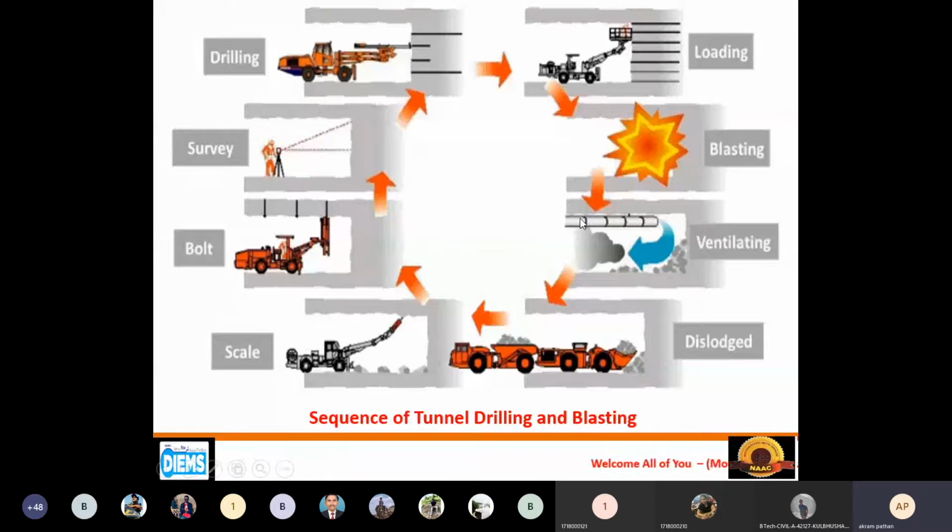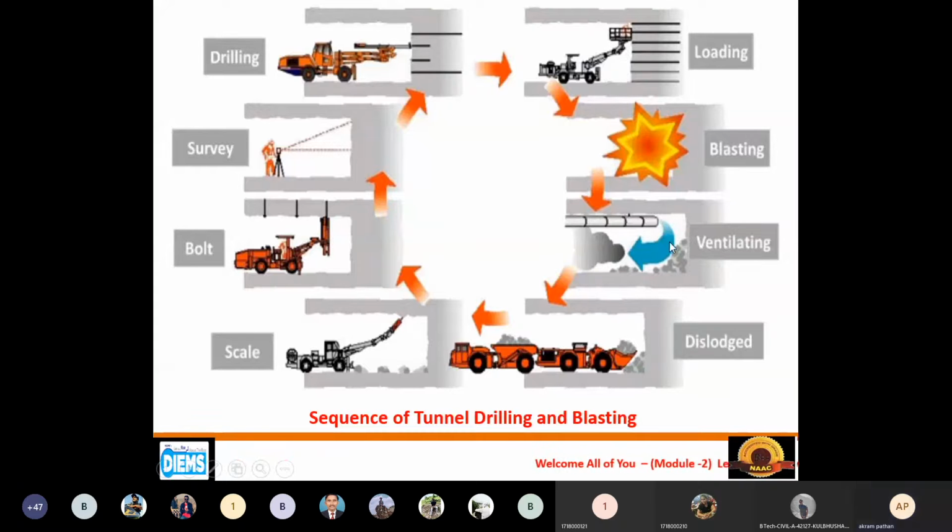To escape from this bad smell, we have to adopt certain technology for removing it from the entire construction area. We have to plan a pipeline system for ventilation purposes. With the help of a pneumatic type of ventilator also, we have to supply the air. Such kind of things, as far as ventilation is concerned, we have to adopt.